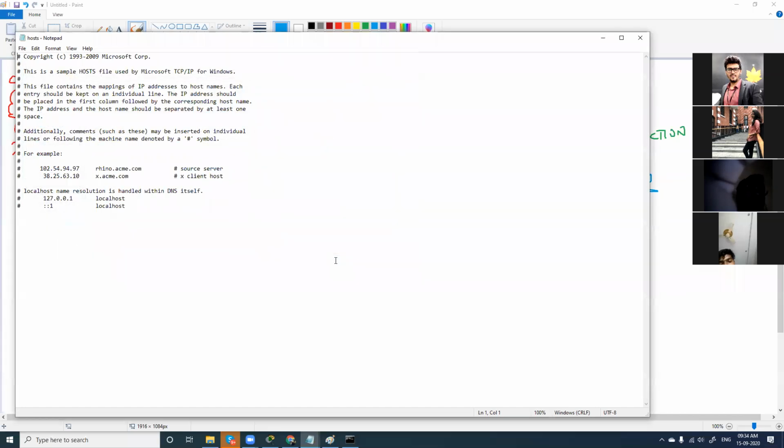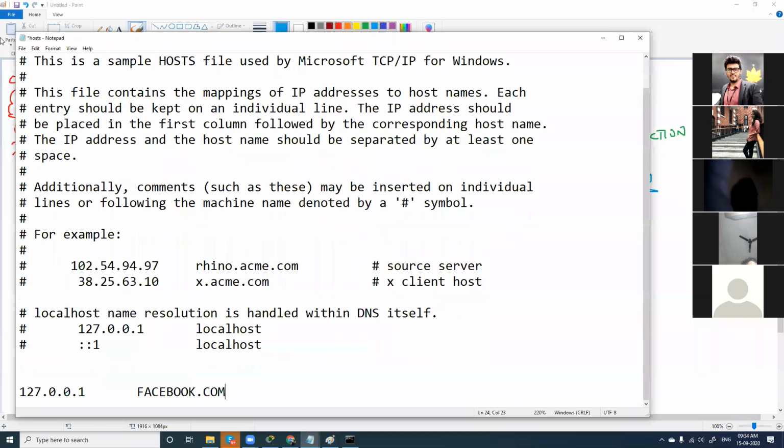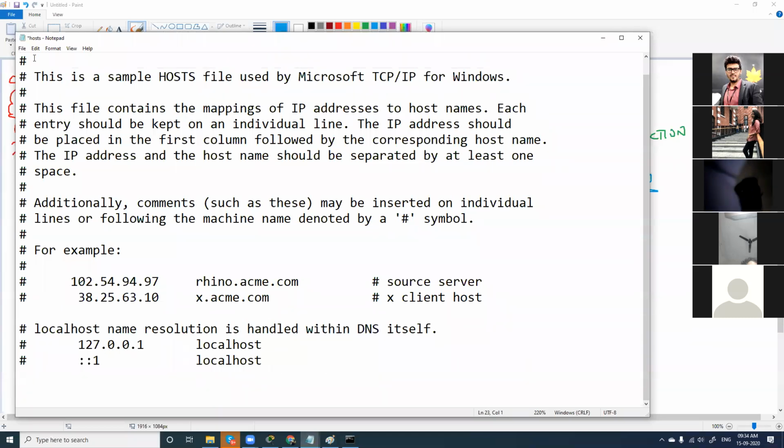I'll open this. So now when you type 127.0.0.1 and when you type facebook.com and click save, yes, now it will get saved. Fine. You click save, see the document gets saved. Fine. I'll remove this. Now after this, if you try accessing facebook.com, you will not be able to access facebook.com in your computer.